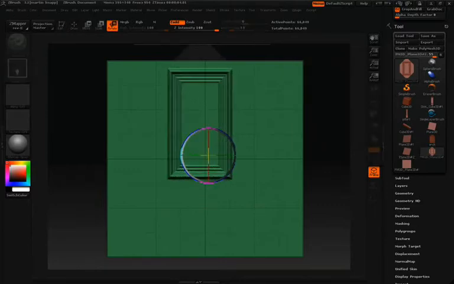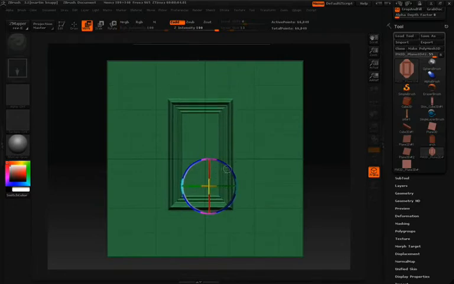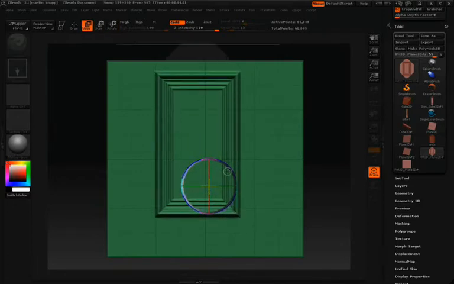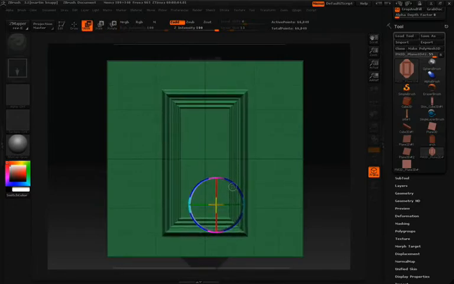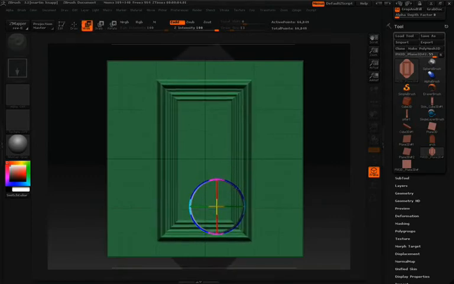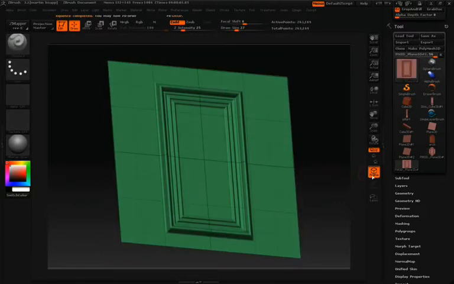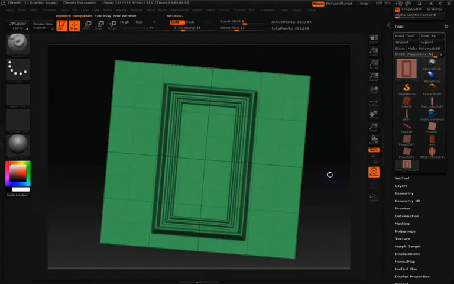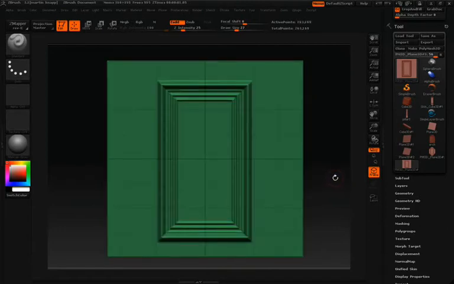Right on top of our plane, we'll click the move option so we can position that where we want it to be. And we're doing this right on top of our poly mesh that we've created, which has a uniform layout. We'll pick that up, and once we do, it's projected. So now we have the same thing, except our polygons are looking nice and clean and not stretched out